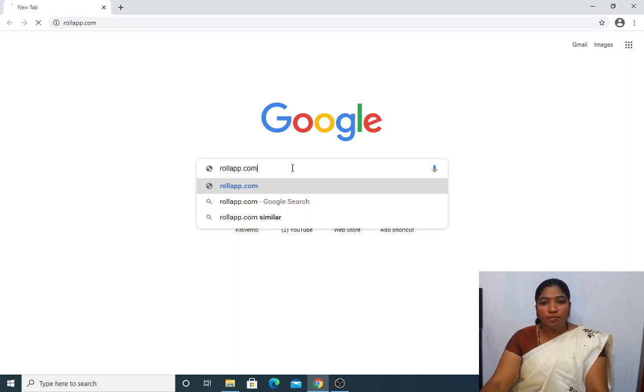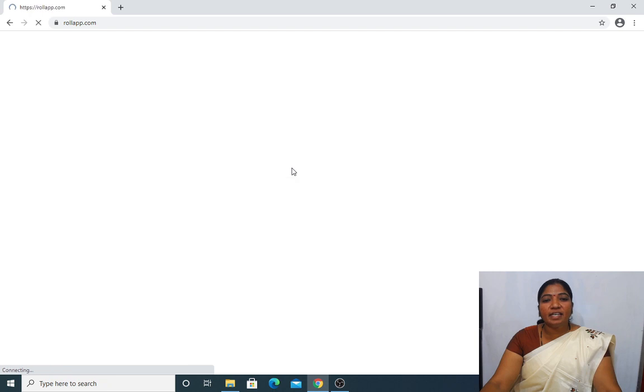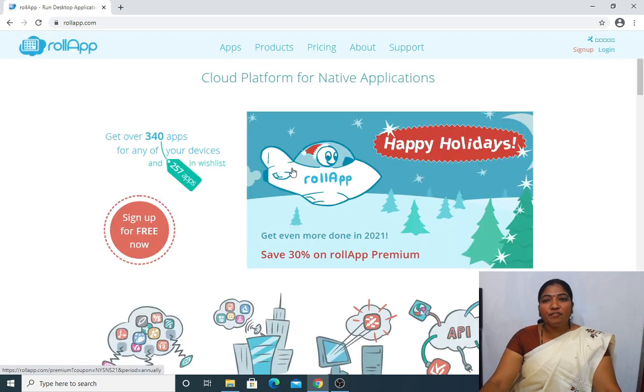Just press the enter key. After that, you will get this page. There you have to create an email ID and password. Before signing up, I already have a username and a password.